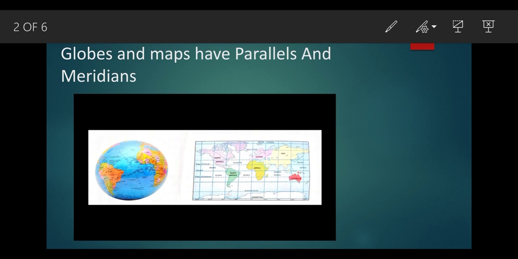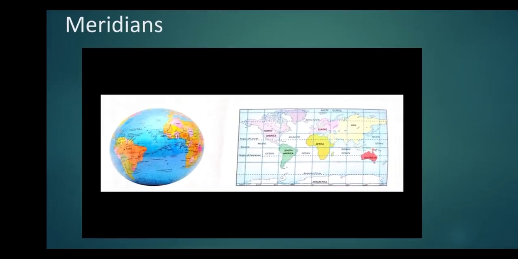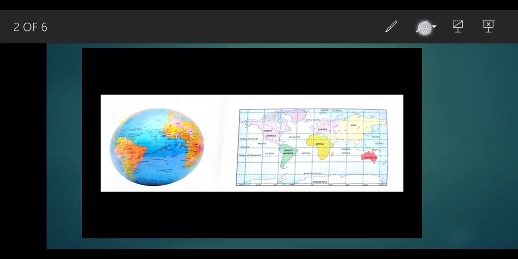lines as reference. For example, if I ask you to go to your friend's house in a new place, it will be difficult for you to know the address without any reference point or any popular landmark. If you know any popular landmark near your friend's house, for example a popular cinema or a shop or any other landmark, it will be easy for you to trace out his or her address. Similarly, if we know some points on earth or map, it is easy for us to locate a particular place.